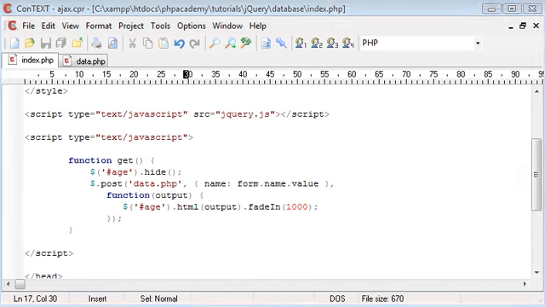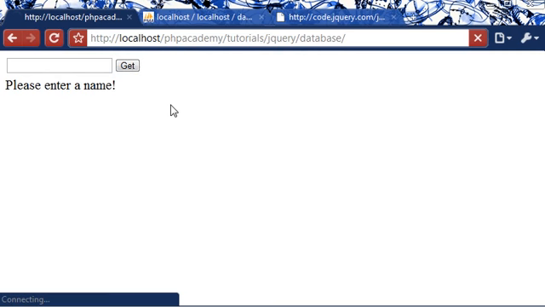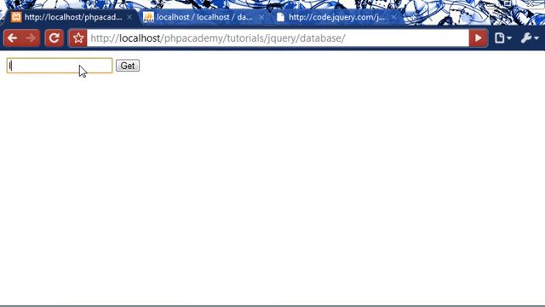So let's give this a try. Let's refresh the page. I'm going to type Alex, fades in. I'm going to type Kyle, name does not exist. I'm going to type nothing, please enter a name. So basically what we've done is we've created a piece of code that, without refreshing, grabs data